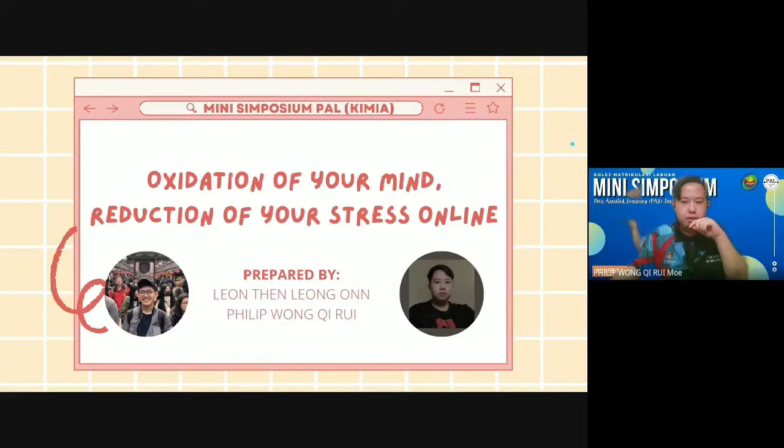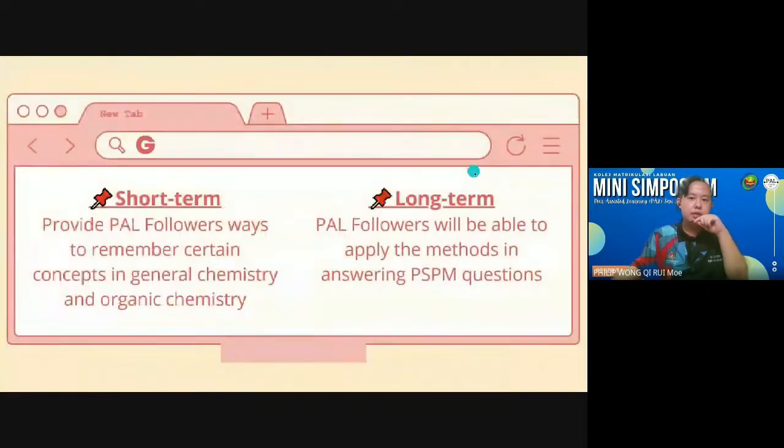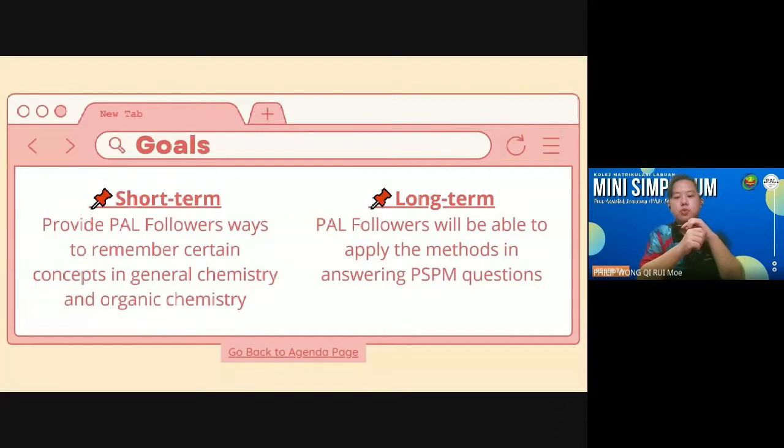So, as with many things in life, everything has its purpose. For us, we have envisioned two goals we intend to achieve. For the short term, we hope to provide POW followers ways to remember certain concepts in general chemistry and organic chemistry. Through the methods that we will be discussing later, we are sure it will help students get that eureka